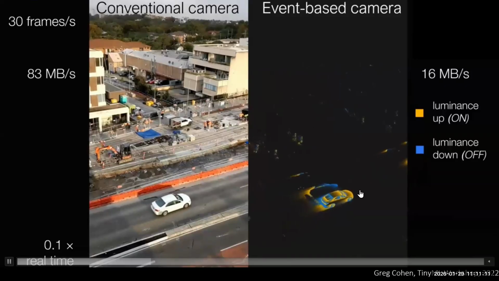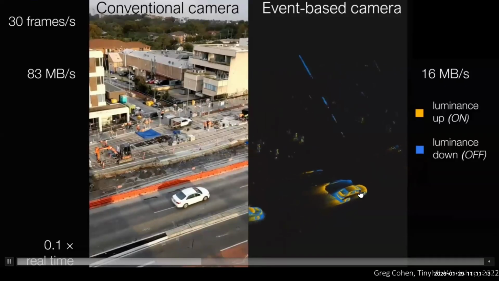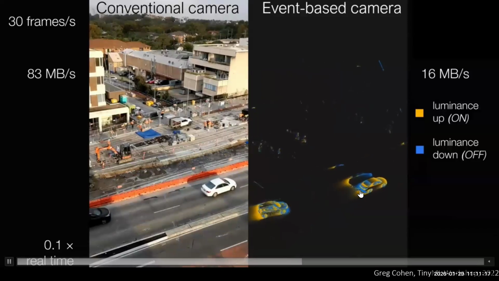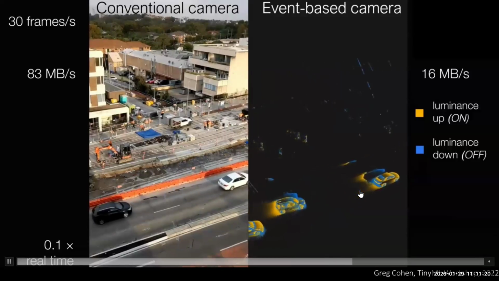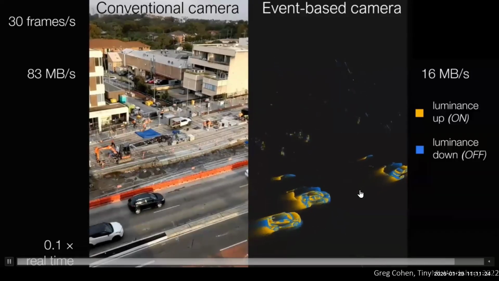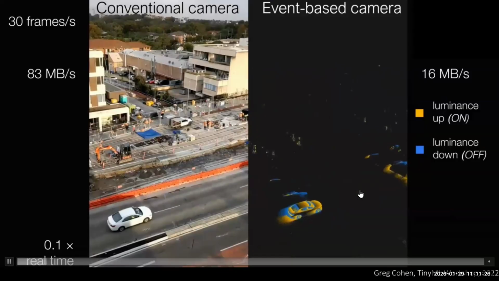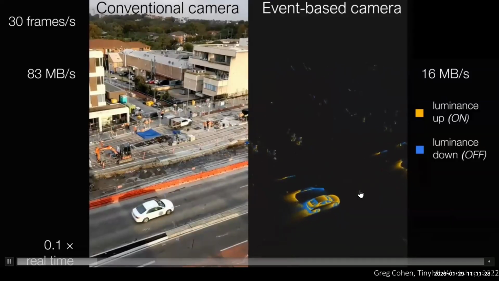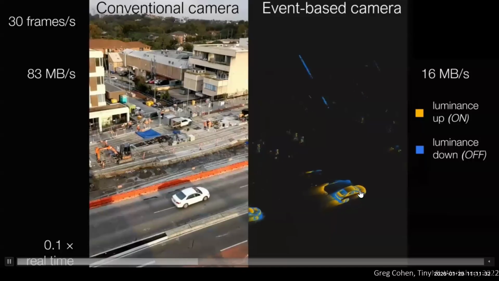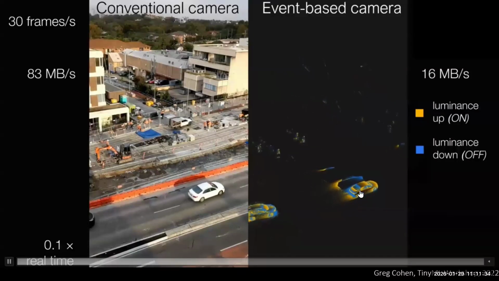If I go into Hollywood to get a high-speed camera that can capture not even a million frames per second, those cameras themselves will cost me hundreds of thousands of dollars to purchase or to rent. Event cameras, not so bad, right? You can get a little plug into an STM32 for something like $500, $600, which is quite amazing.